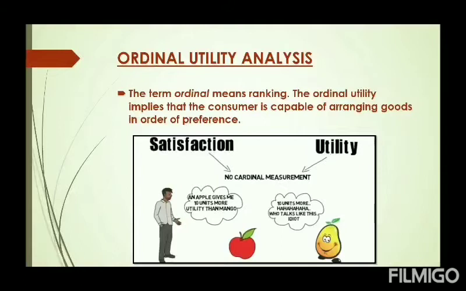For example, suppose here you can see a picture which shows the human being is saying an apple gives me 10 units more utility than mango. So this kind of statement is not so acceptable. What we usually say is that I prefer apple to mango. We cannot measure the utility in terms of number according to ordinal utility analysis. So this is the concept that we will keep in our mind, and then using that we will discuss how a consumer can reach the equilibrium with this preference ordering and ordinal utility approach.